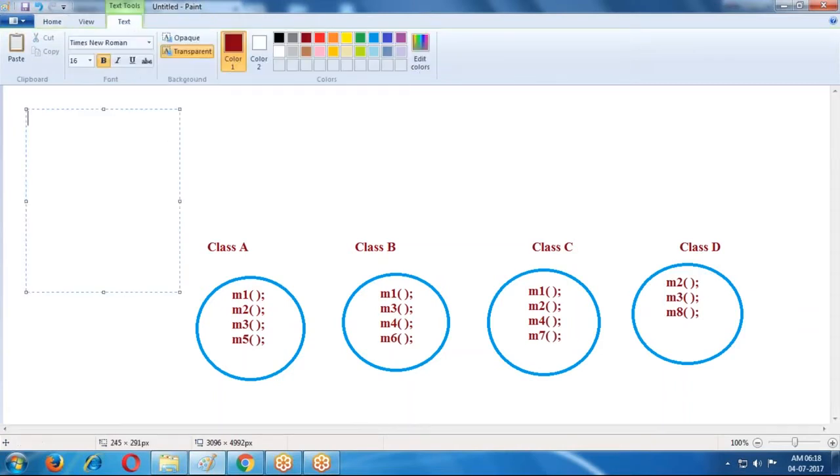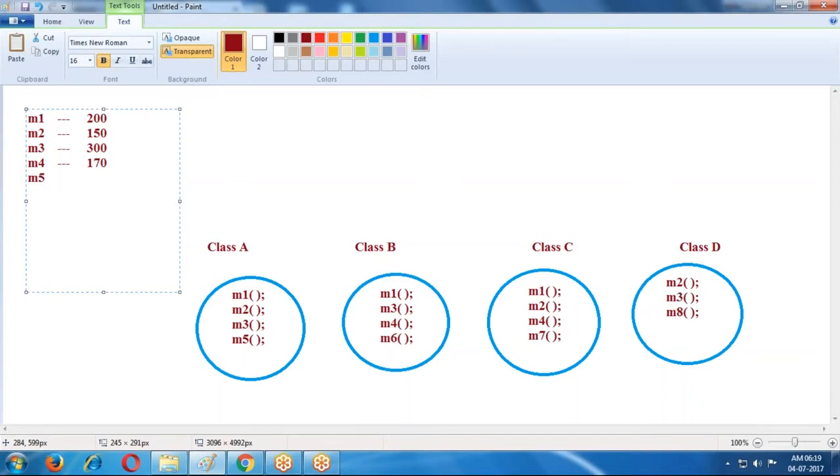If you observe, the M1 method contains 200 lines of code. M2 contains 150 lines of code. M3 contains 300 lines of code. M4 contains 170 lines of code.